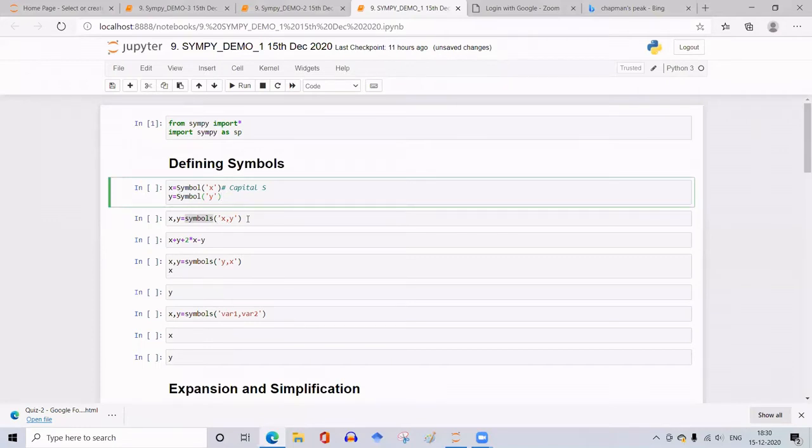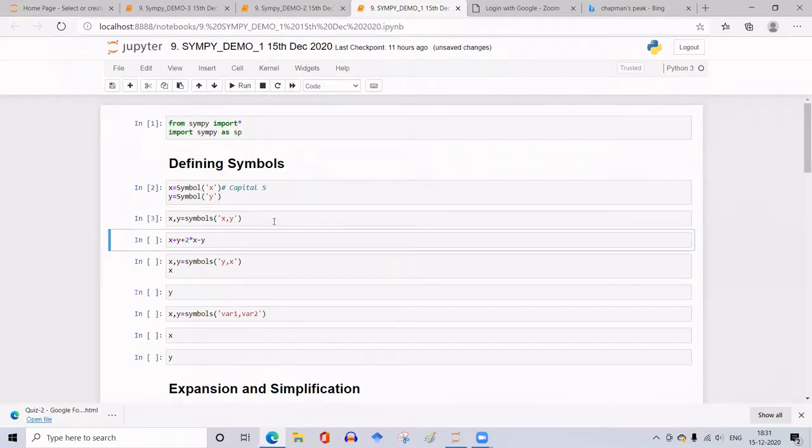Okay. So you can even define multiple variables in a single line. For that, the syntax is symbols. You see that this is the plural symbols, and the s is a small letter here. All the variables you want to define as symbols, you write on the left-hand side of this equal sign. And within parentheses, you give all the variables that you have written here in the same order and enclose it within quotes. That will define all the variables as symbols in these expressions. So let me run both the cells.